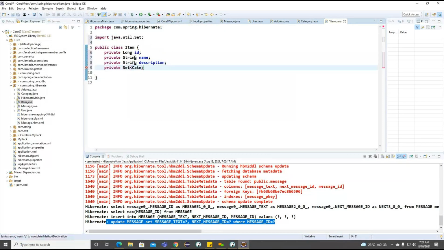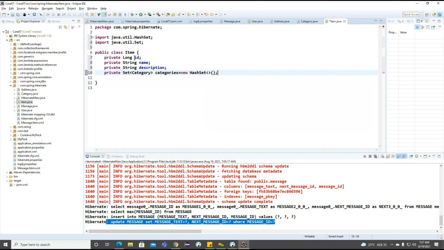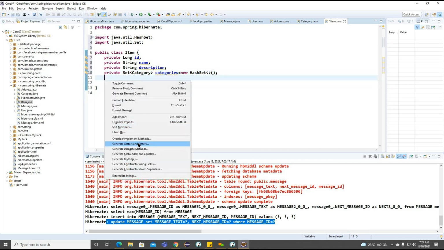Set of categories. And here categories is equals to new HashSet here, right?